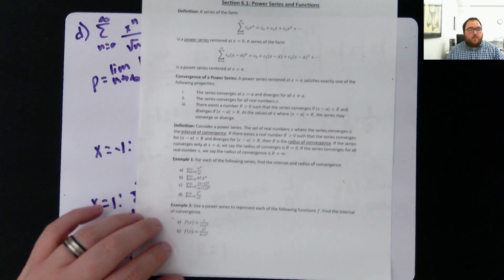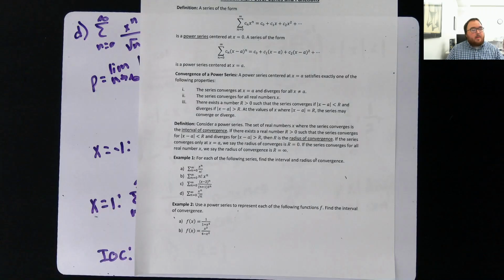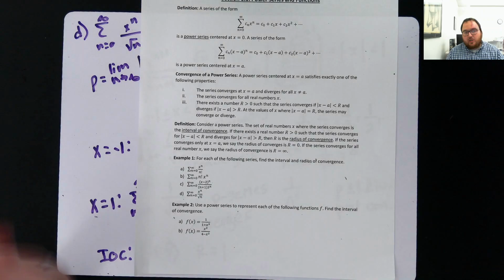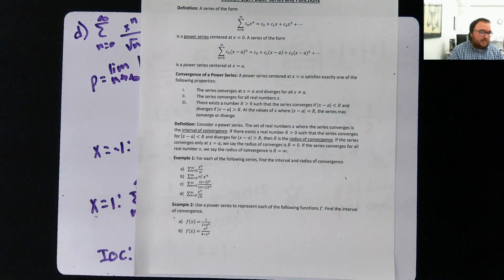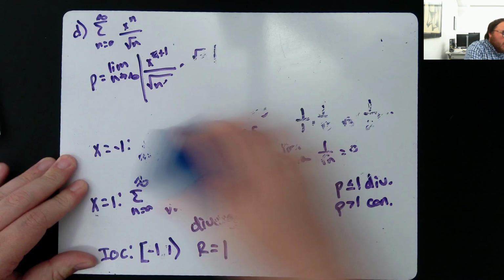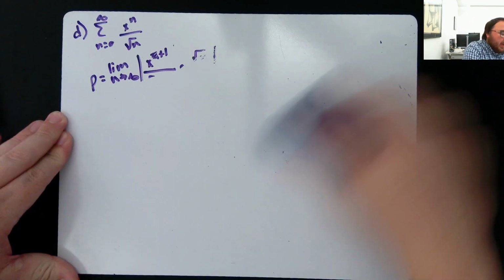These always trick people up, but this is definitely the easiest part of what we have done. Don't let it scare you because it looks hard, okay? Use a power series to represent each of the following functions and find the interval of convergence. So, the first one, 2a,